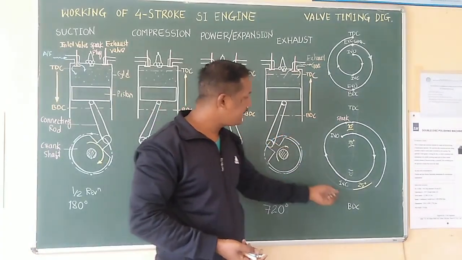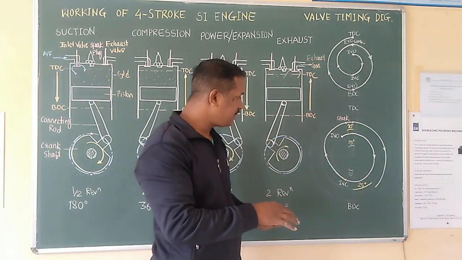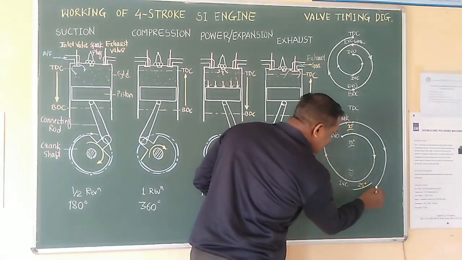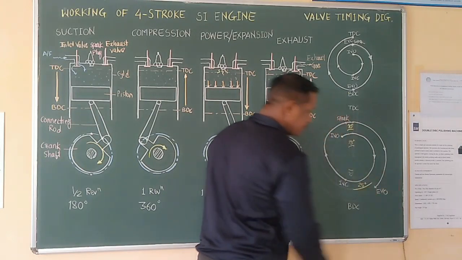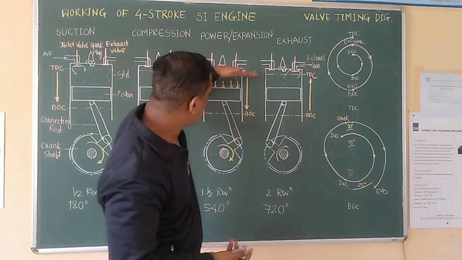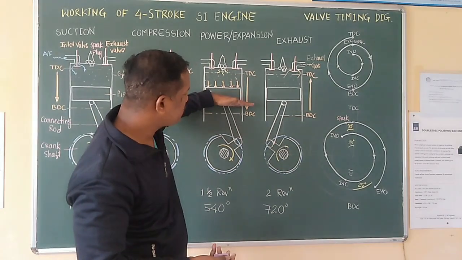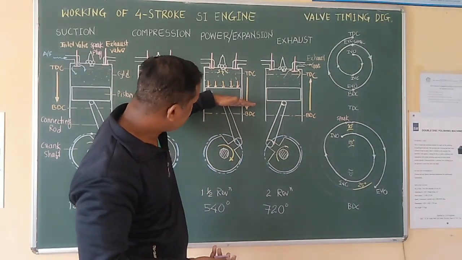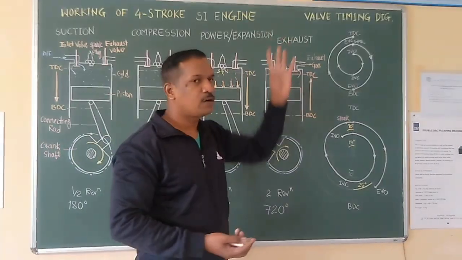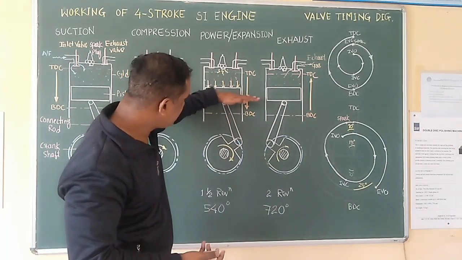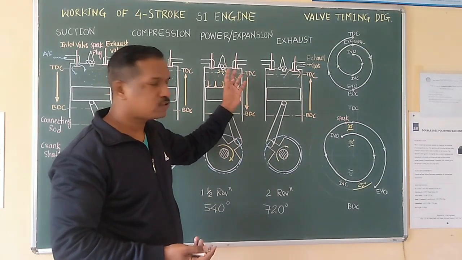we open the exhaust valve before BDC, about 25 degrees before BDC. So at this point our exhaust valve opens. So the piston has not yet reached BDC, and about 25 degrees before BDC the exhaust valve gets open. Now what happens? The piston no doubt keeps moving towards BDC, but the exhaust valve is open, so excess pressure moves out. So when the piston reaches BDC, the excess pressure has moved out due to the opening of the exhaust valve.